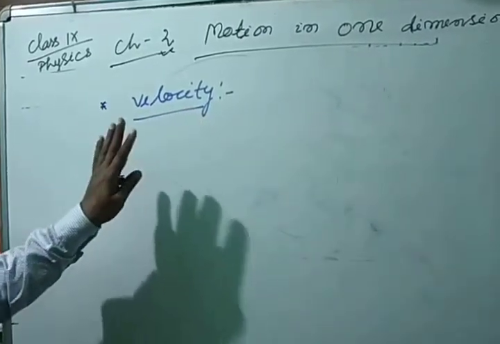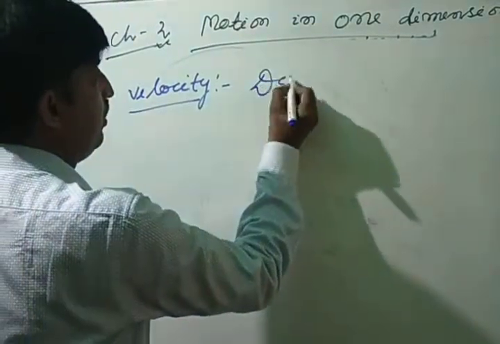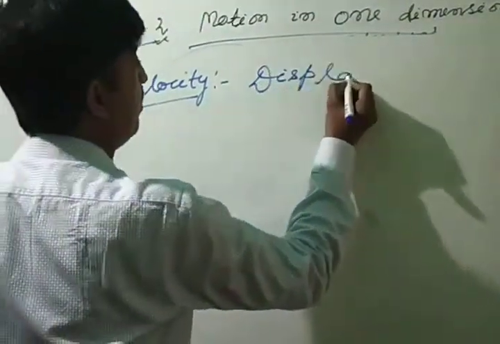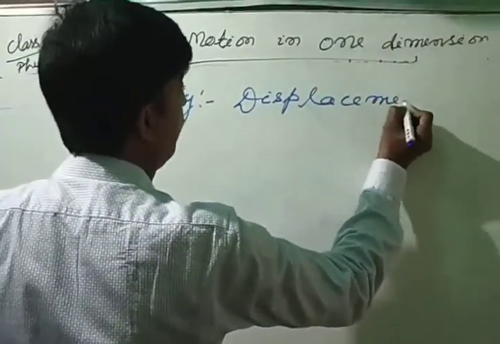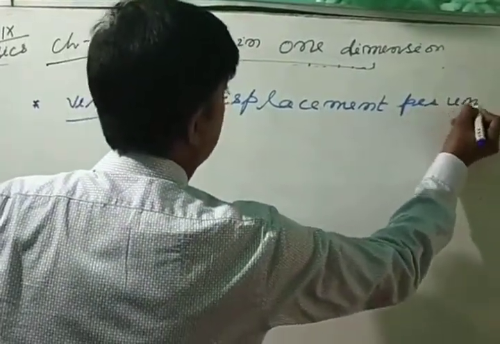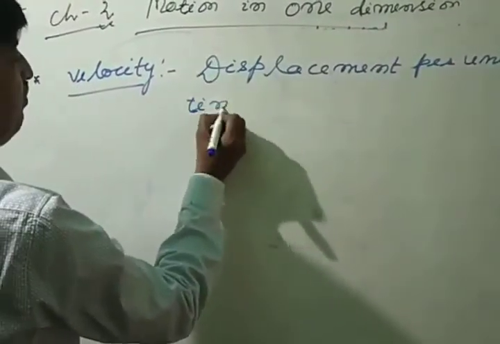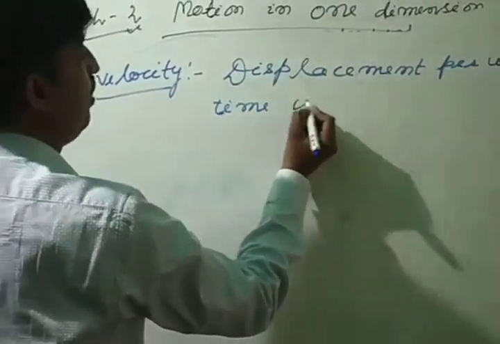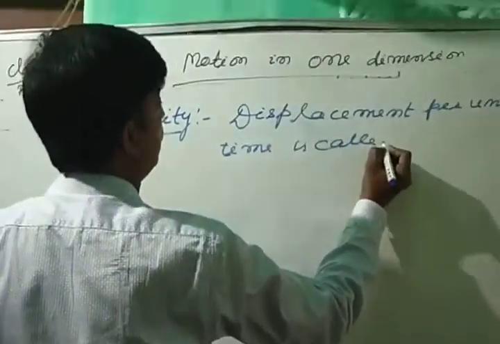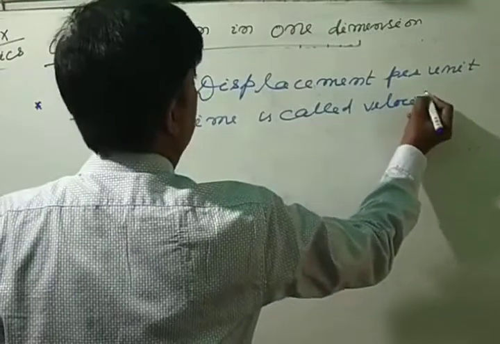Here we can say that displacement per unit time is called velocity, or